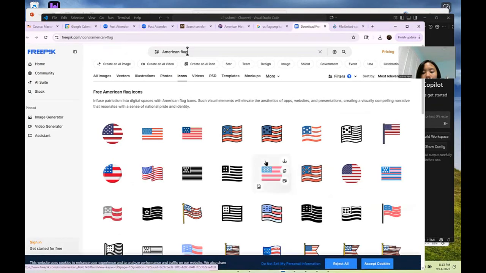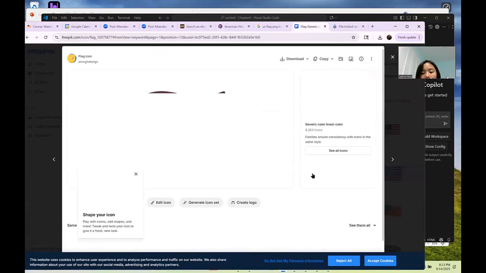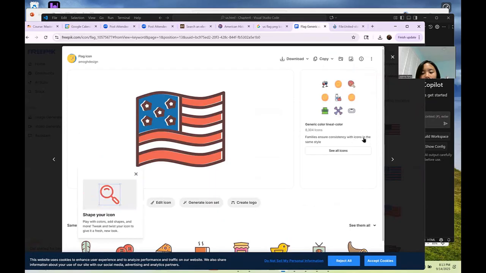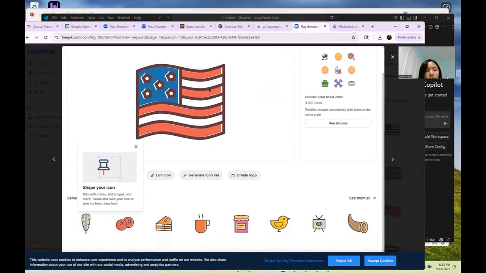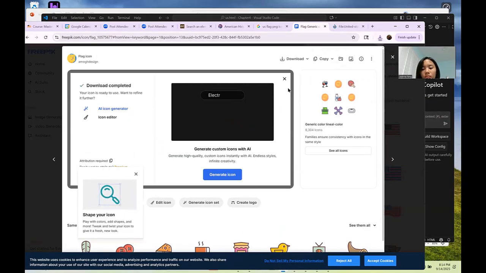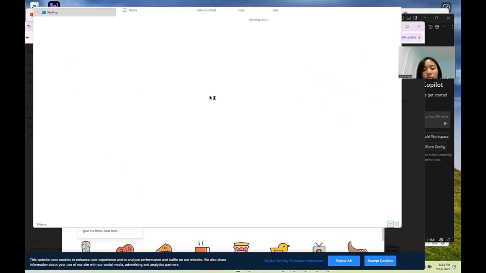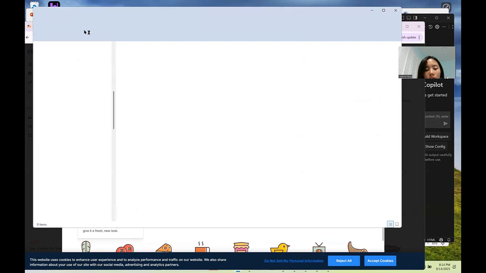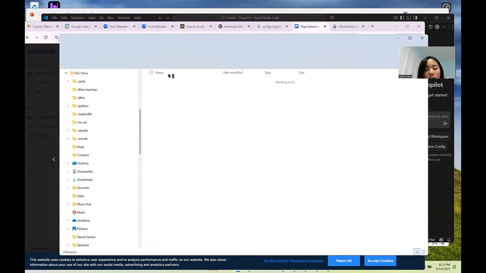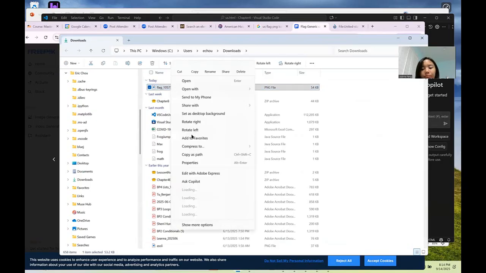So let's try, how about this one? Create logo. Let me see. Download PNG. Okay, so right here we got a red one. Okay, this is correct. That's actually cut it